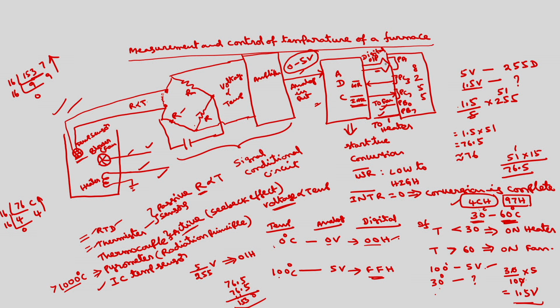Okay, in the last class we discussed the temperature control of a furnace. We have discussed the connection details. Now, if I come to the program, we are using port A as an input port, port C lower as an output port, and port C upper as an input port. So, what is the control register for this?